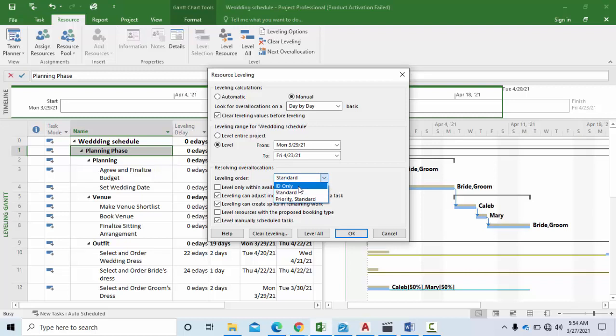Leveling based on ID levels from the top down to the bottom. So it levels in that particular order from the top back down to the bottom. So I always like to put mine in standard so that it can level as desired and as has been set. You can also level within available slack. If you don't want your project to exceed a particular project duration, you can select the option of leveling within the available slack. So it only makes use of the float time which you have within your project